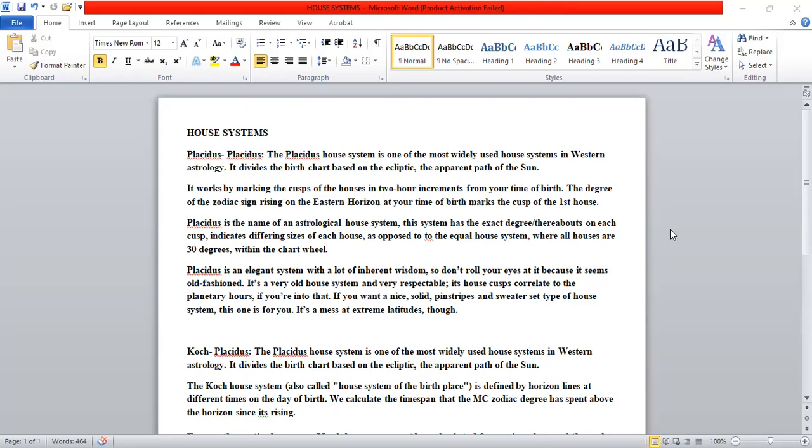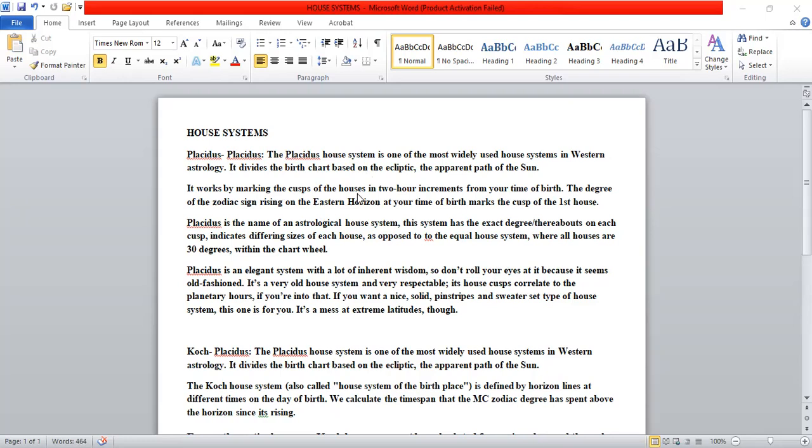So Placidus is one of the old ones, but a lot of information came out that was lost about mathematics, and this was developed. So this house system is one of those widely used in Western astrology. I gathered all this when you just type in Placidus and Placidus versus Koch. I just didn't want to subject you to the back and forth, but I just pasted it all here, so you can go investigate that deeper. Astrodienst and Astrology Cafe, and there's lots of places you can dig a little bit more on it, but I'll try to give you an overview, because it is a little bit confusing. Okay,